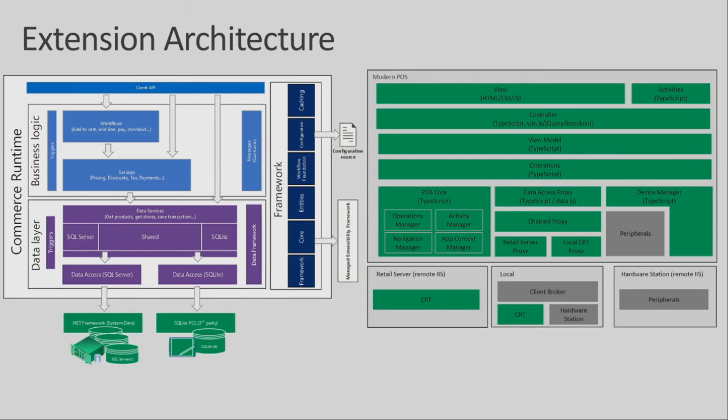So whenever you complete a transaction, I need to print a receipt, I need to open a cash drawer, I need to understand the barcode scanner. So we have the devices layer within that POS. Similarly, on the top, it's all the UI controllers. For example, the customer add screen will have a view, and there is a corresponding controller, and there is a view model which has the business logic.